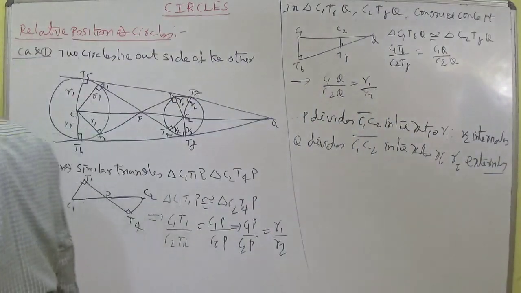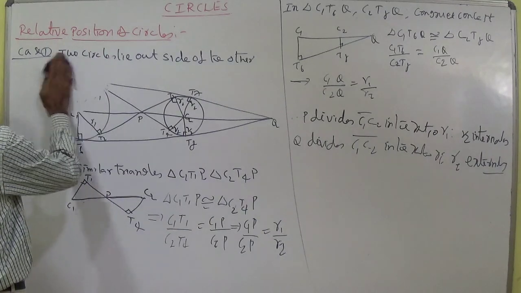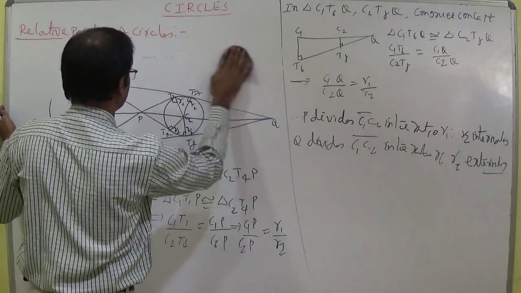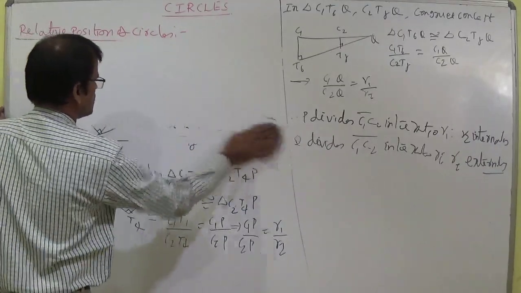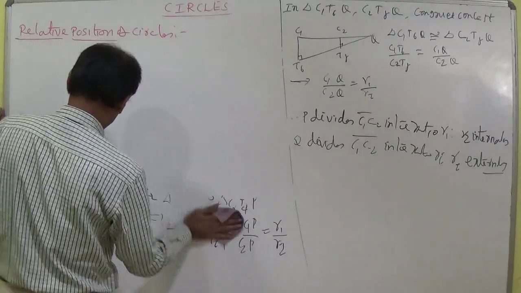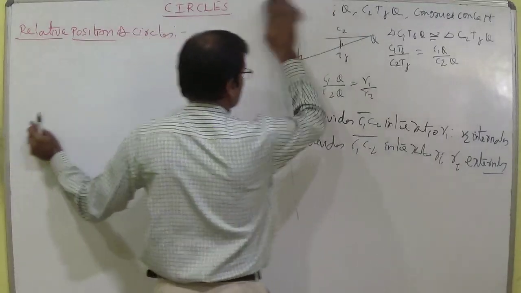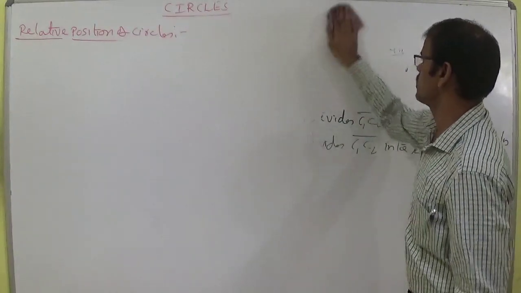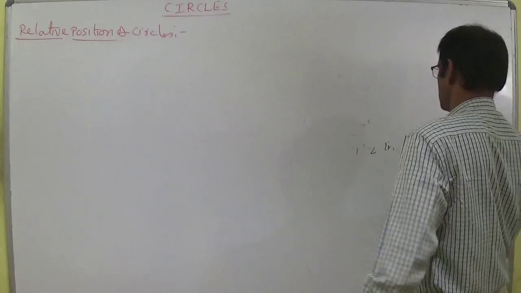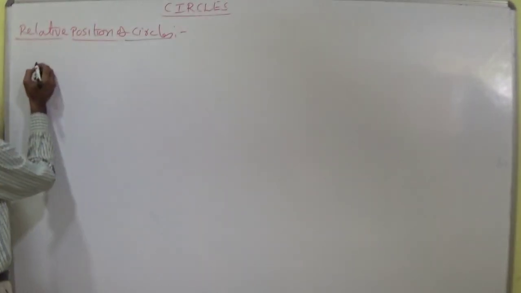The conditions I am writing now. In the similar way, if the two circles lie outside, this is the theorem I said. Now I want to discuss with you some points which are most important for sums, objective, mains, MSET and IP, to discuss the concept. Now I am writing case 1.